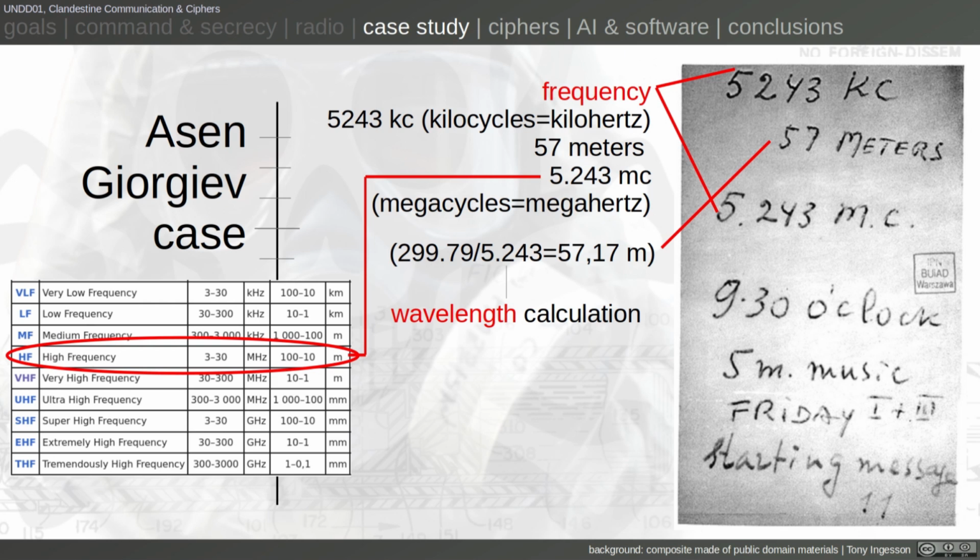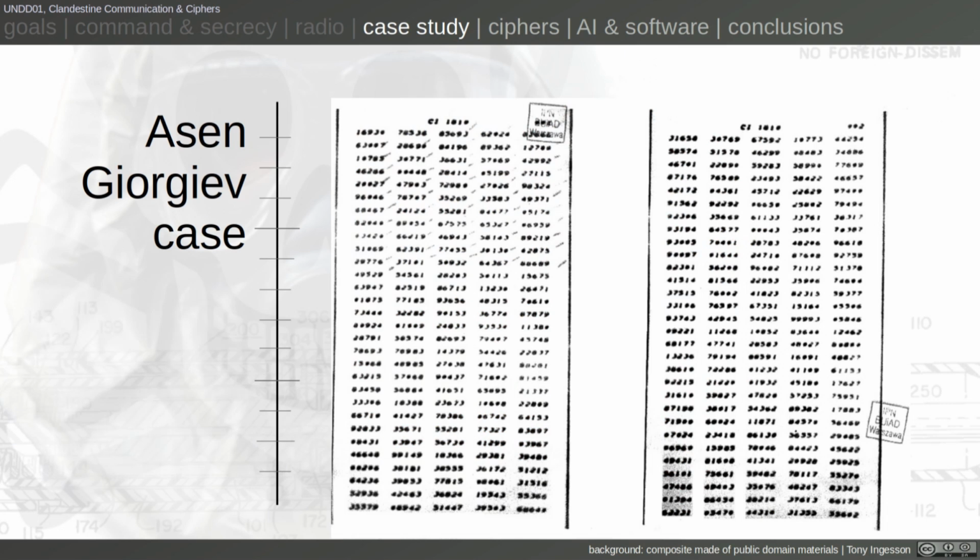So all of these three rows at the top mean the same thing. They are basically a frequency and a wavelength. So the second part is the transmission schedule. It says 9:30 o'clock, 5 minutes of music, first and third Friday of the month. Friday, i.e. it says Friday 1 plus 3, which means first and third Friday of the month. And then starting message 11. And this is Asen Giorgiev's one-time pad. And to understand how a one-time pad is used, we need to move on to the next segment, which is